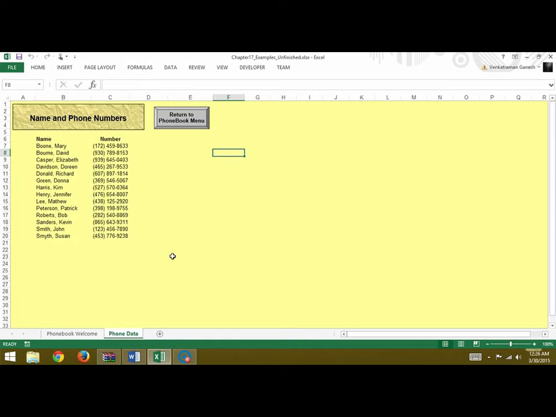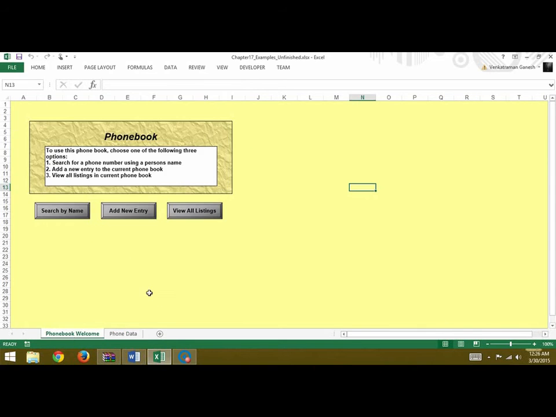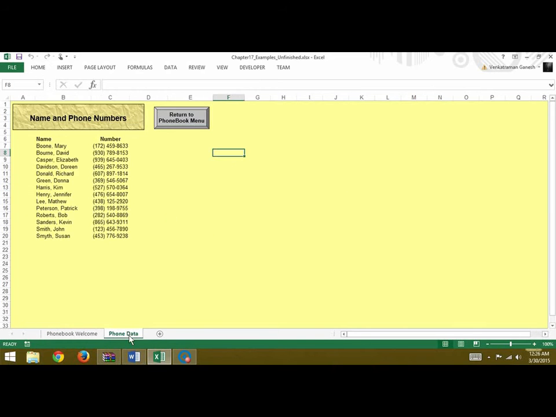all the listings. Once you're on the data sheet, you have another button here, which is the return button to the menu. From this button you would want to go to the phone book welcome. Basically these two buttons, the view all listings and the return to button, will use the worksheet.visible function. So we will quickly write these